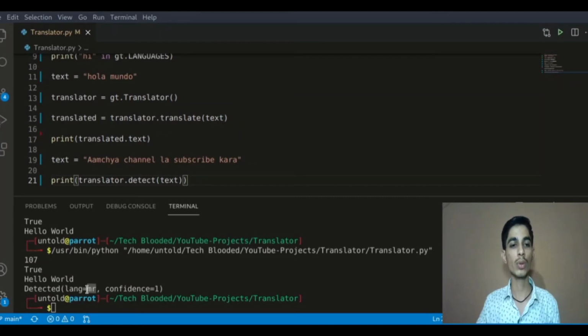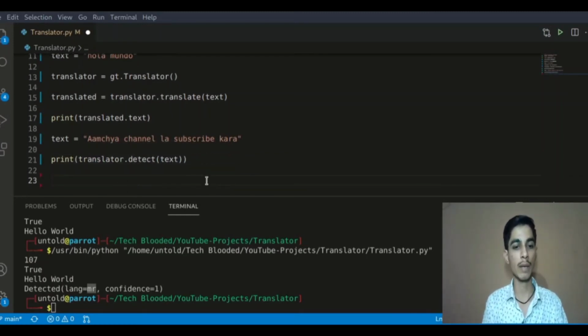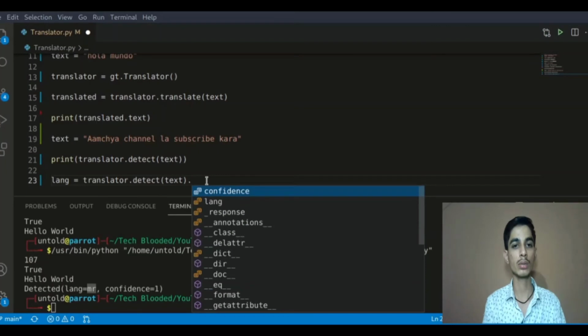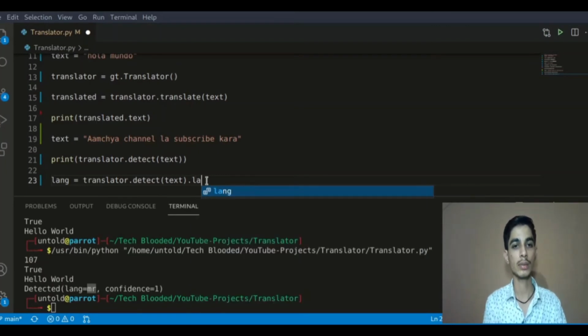Suppose you don't know what mr stands for, then you can store this. So you can store this language, lang equal to, and do dot lang.